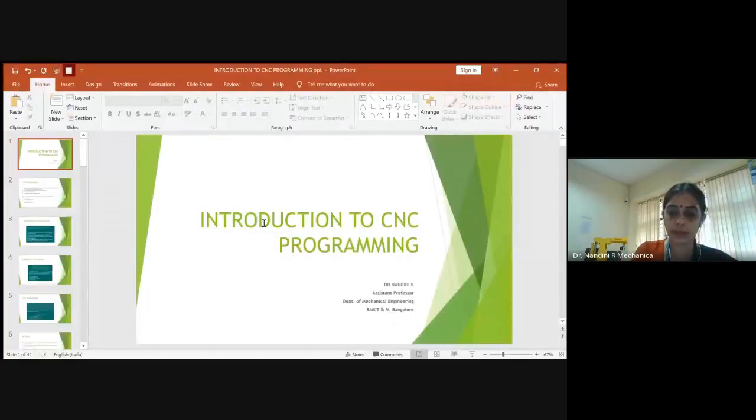From the next class, we will be using the software. I will be teaching you to do part programming. You will write it, and later the recording option of the simulation in the software will be shown to you, so you will understand clearly. To do that, this part of the session on part programming is very essential. That is what we are doing today: an introduction to CNC part programming.